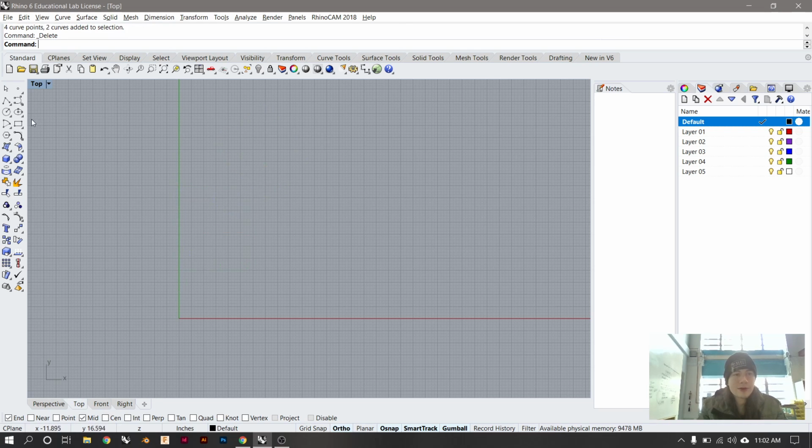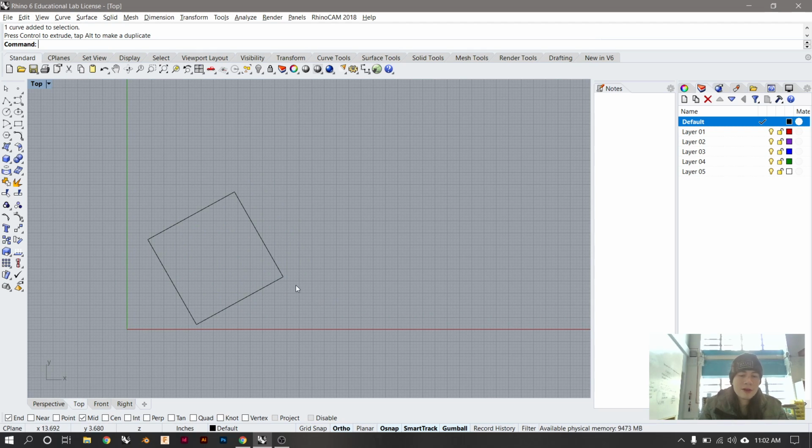What I'm going to do is I'm going to rotate it. I'm going to make a rectangle. So let's make just a square. Square, and I'm going to rotate it a little bit with the gumball. Say like that. Great. Now I'm going to use the mirror command, mirror, and there's a few ways to find